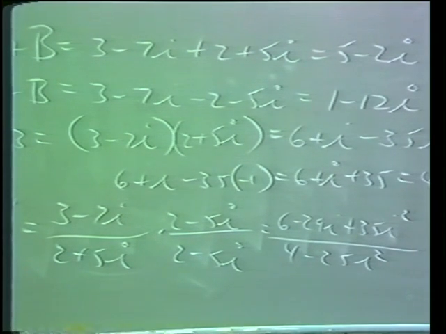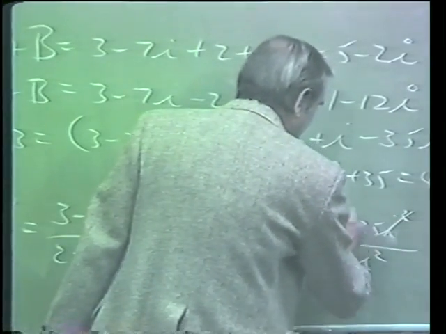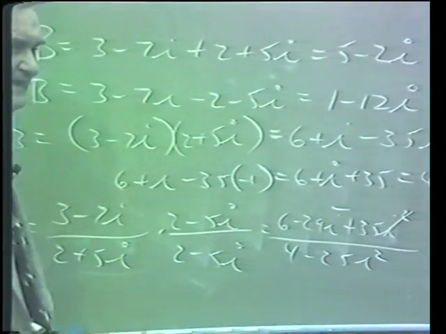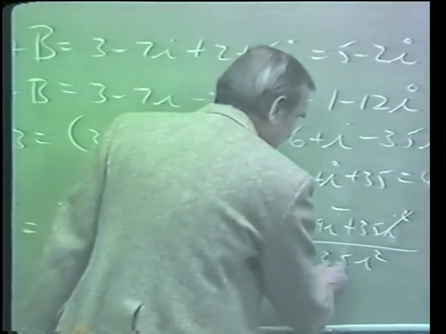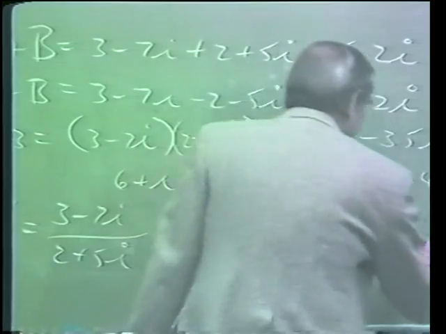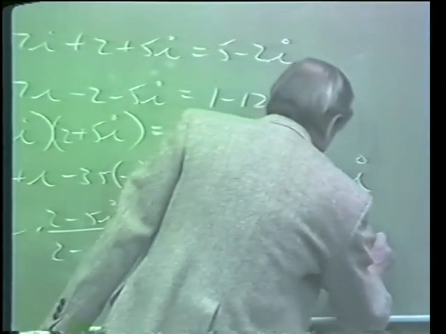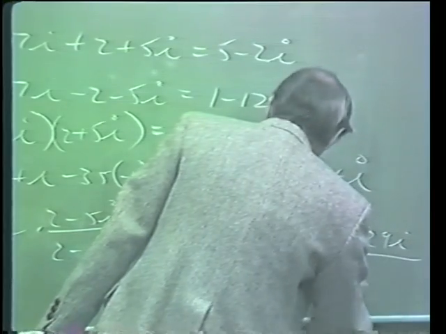Now, what does i squared do? It negates the term. So this positive 35 now becomes a negative 35. This negative 25 becomes a positive 25. So for our numerator, we have negative 29 minus 29i all over